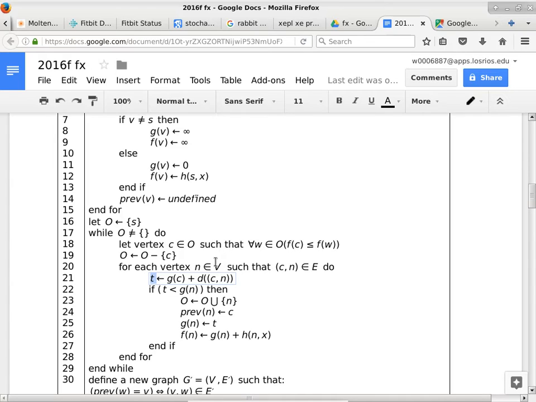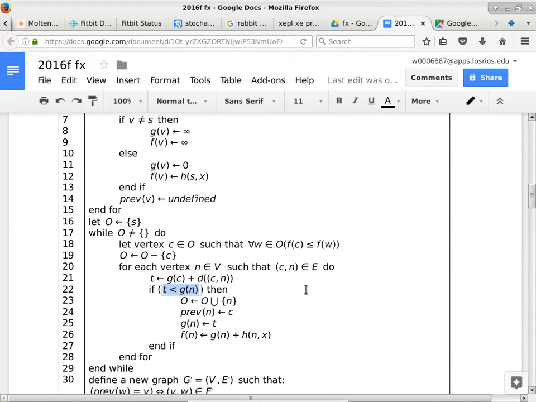Then what do we want to do with T? That's the next question. So now we have a conditional statement. This is where some of the other implementations have a slightly more complicated expression in the conditional statement. I just make it really easy, a very simple less than relationship. But what is the significance? We know what is C of N. What is G of C? What is G of N? It's the shortest known path to N from the start vertex.